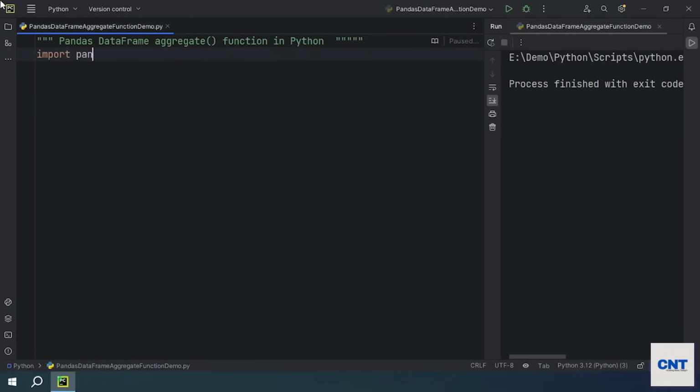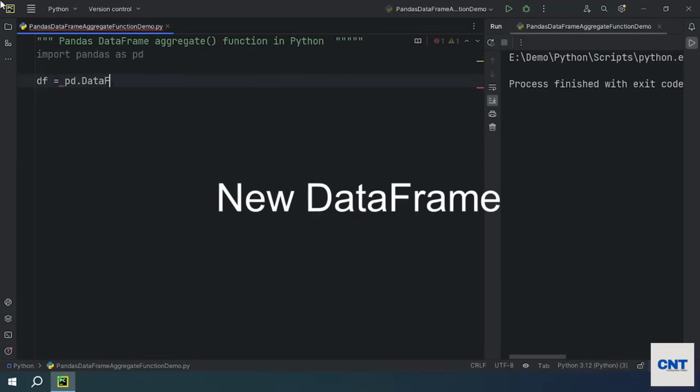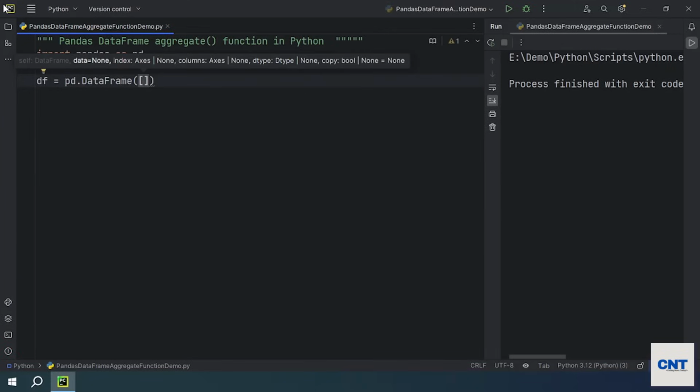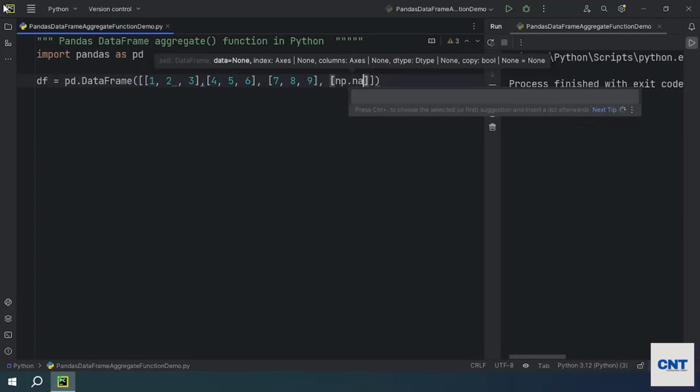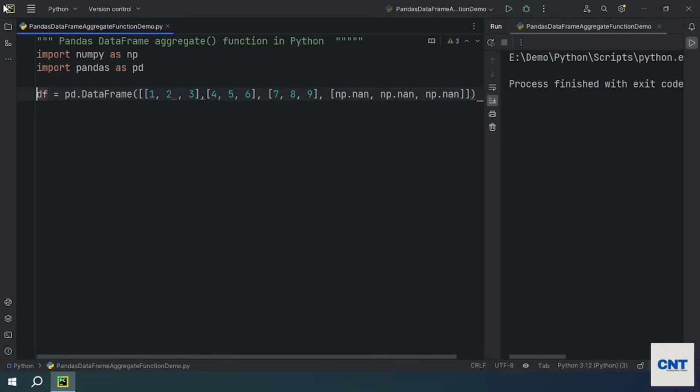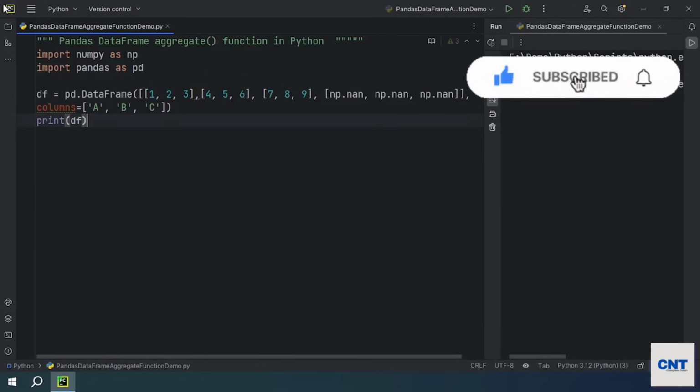I have to import the pandas library. Okay, we have to create a data frame quickly. pd.DataFrame. Here we have to create a two-dimensional array. We are creating elements 1 2 3. Let me take one more row that would be containing null values, so np.nan, just to ensure these values are not getting considered in the aggregate function. Next we have to create column names. My columns would be a, b, and c. So we will have three columns, and we will now print this df object. If you run the program,